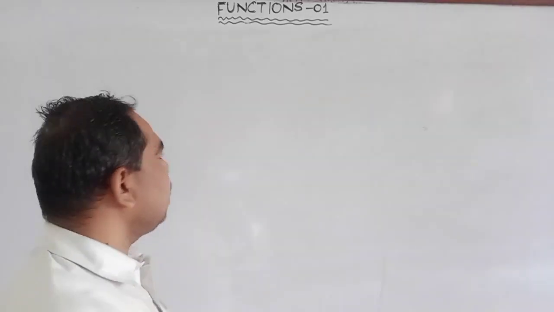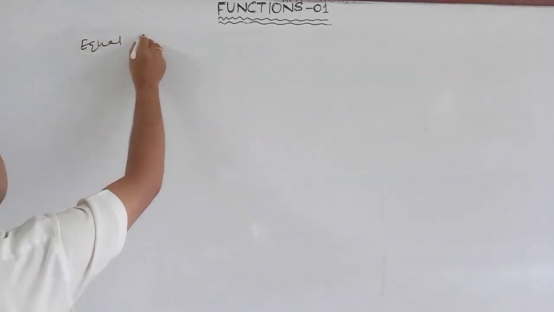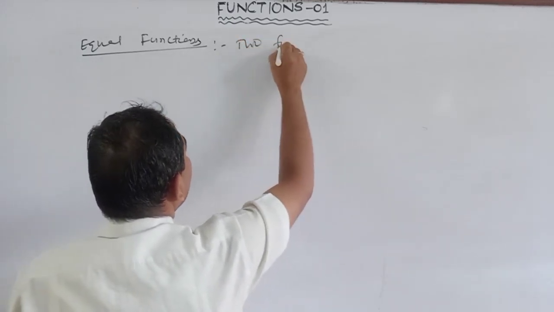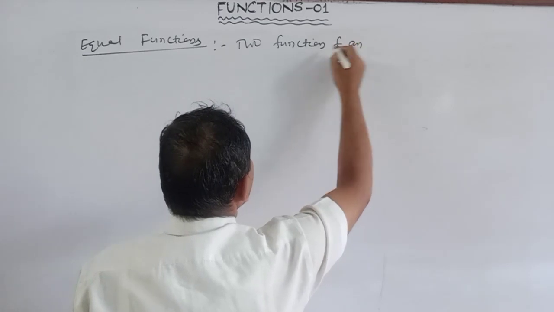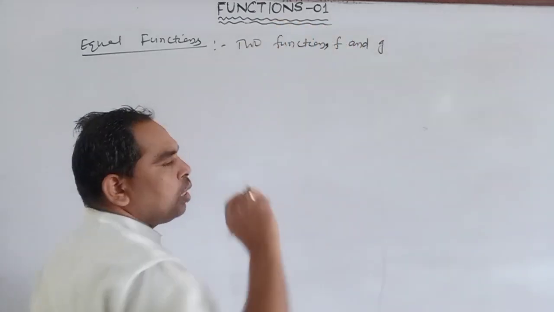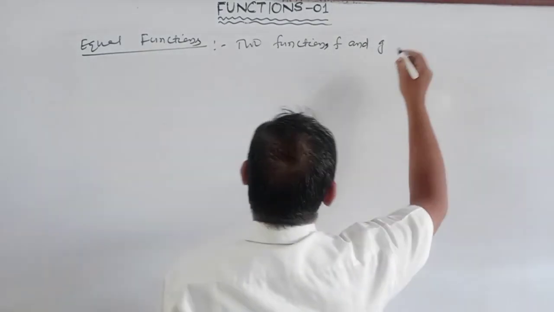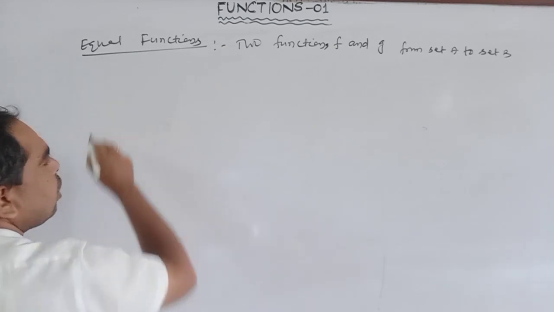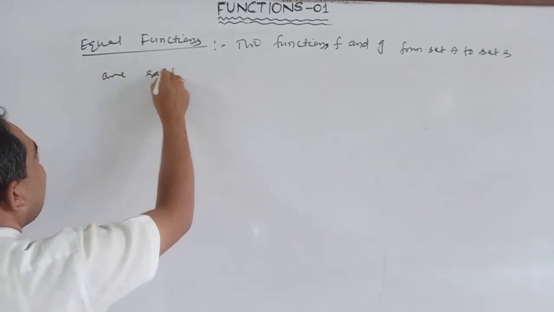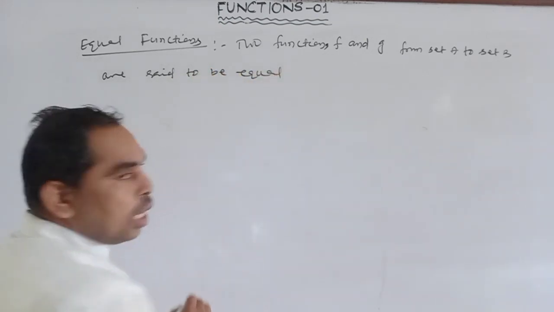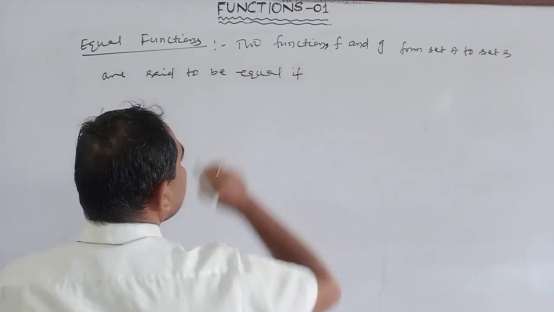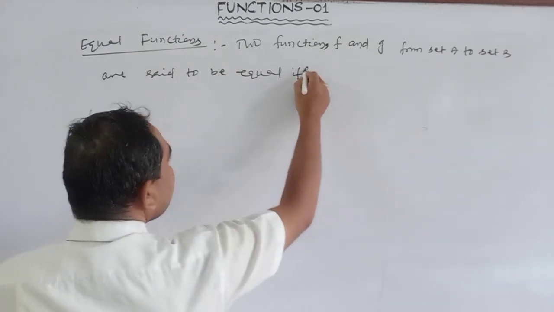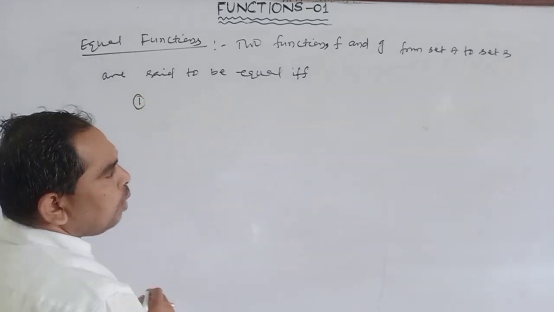Next, equality of two functions. Equal functions. Two functions f and g from set A to set B are said to be equal if and only if condition 1,